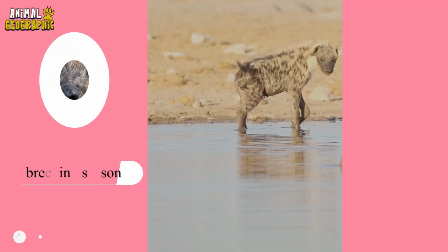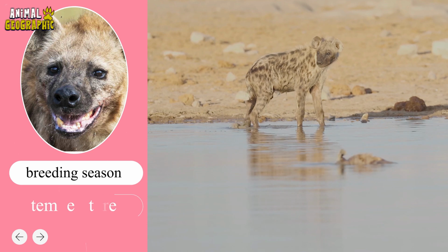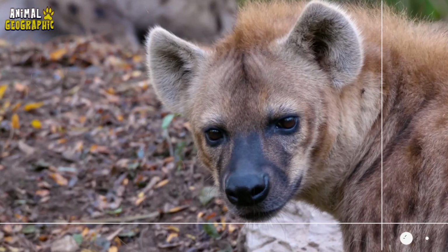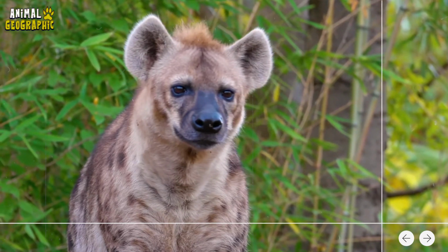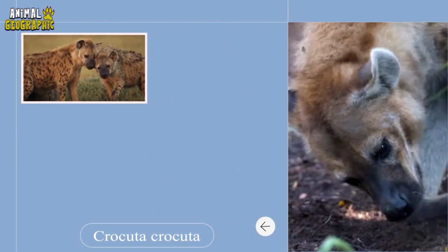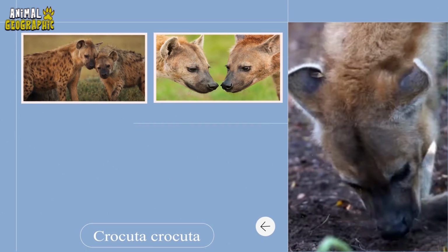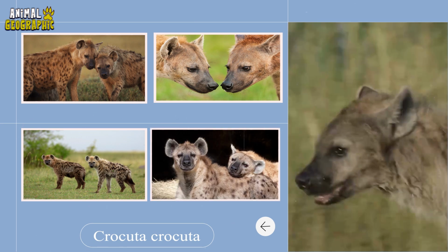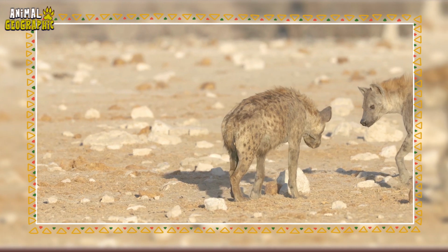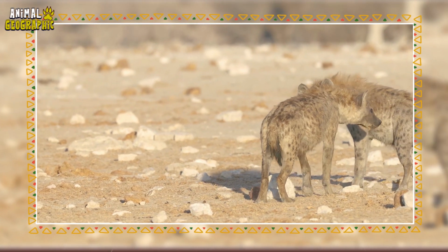Female hyenas enter the breeding season according to the temperature and the seasons of the year. Breeding seasons differ for each species of hyena. The spotted hyena, called Crocuta crocuta, breeds throughout the year and does not have a specific time for mating. When male hyenas approach females, they have to choose, and if she rejects him, he immediately moves away